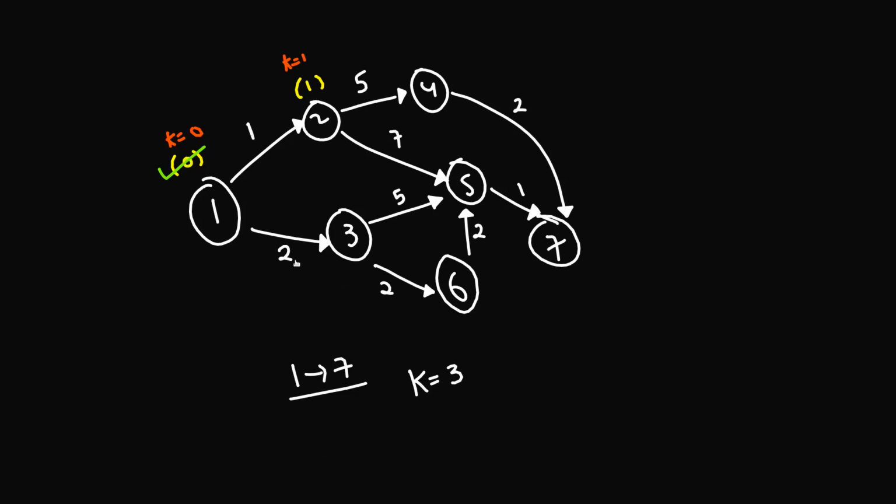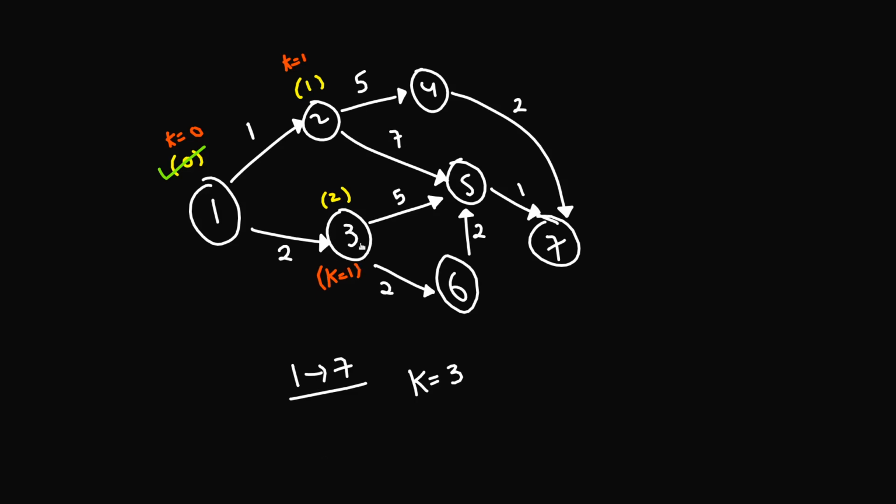Okay, and the other neighbor city of this city 1 is this 3. So the cost of starting from the city 1 is 0, and 0 plus 2 is 2. So the cost with which I can reach city 3 is 2. So I'll be just writing a 2 here, and the value of k that I'll be having is k equals 1. Why? Because I can start from here, which is k equals 0, and I go to another city, so one city is this and the second city is this. So apart from the source city, I have this one additional city, so that's why we have k equals 1.